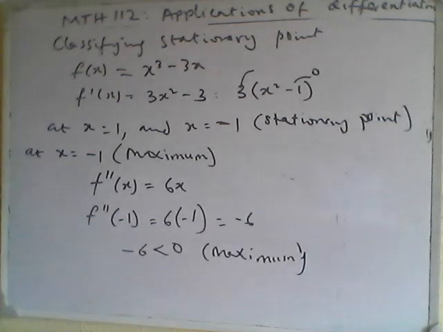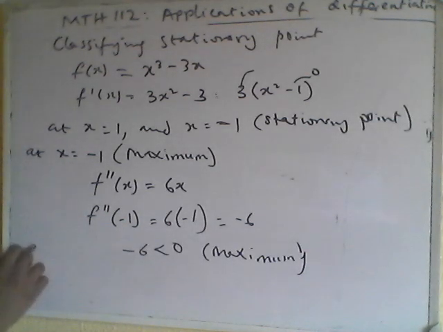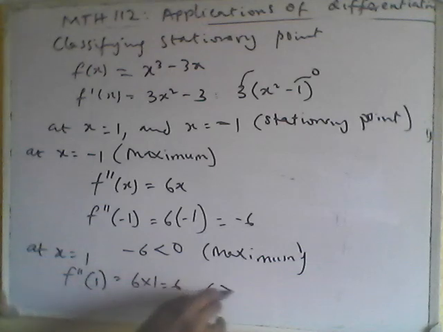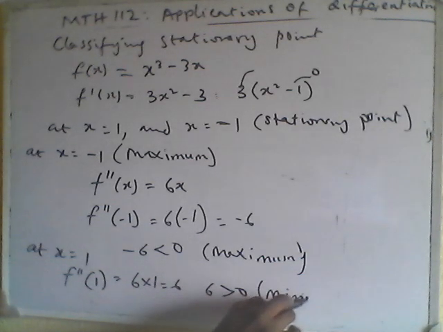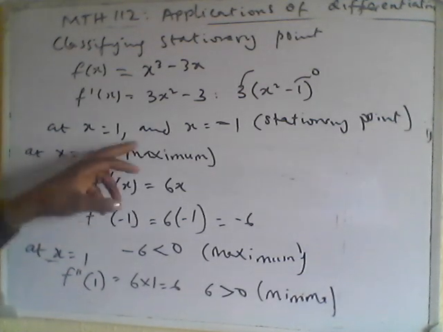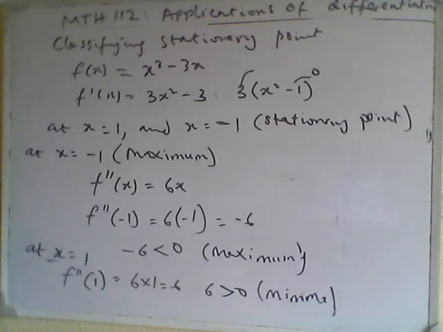Okay, so at x equals 1, understand? F prime prime of 1 is equal to 6 times 1, which is 6. And 6 is greater than 0. So this one now is minimum. So the minimum is at this point. So I know that at x equals minus 1 is a maximum, and at x equals plus 1 is a minimum. So the turning points are at maximum